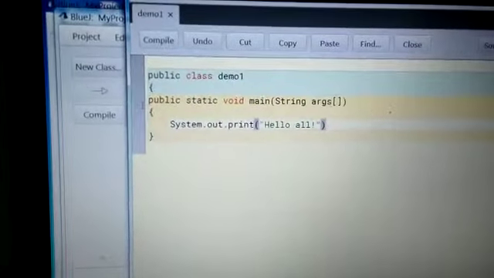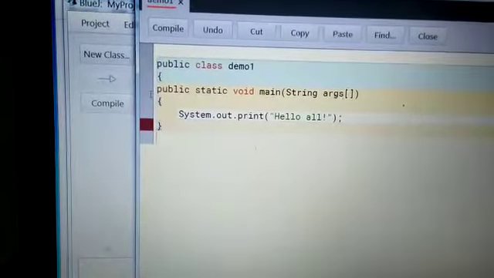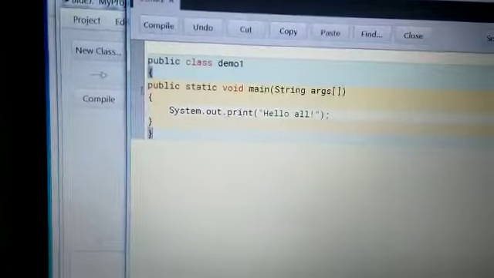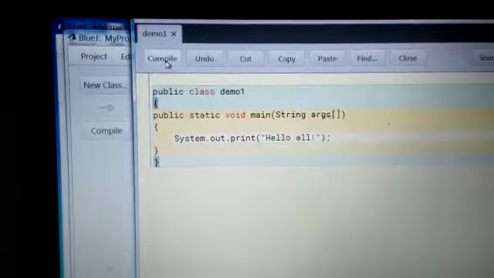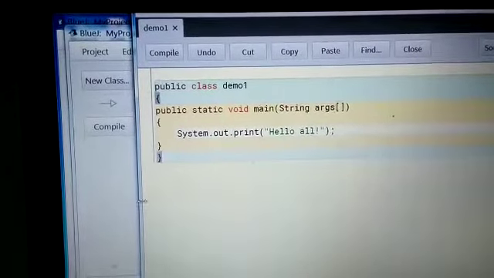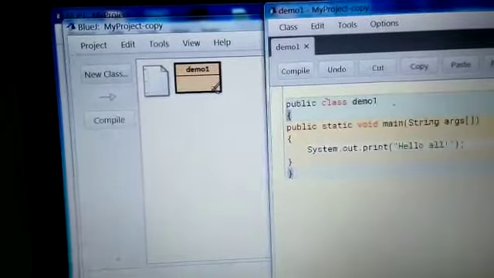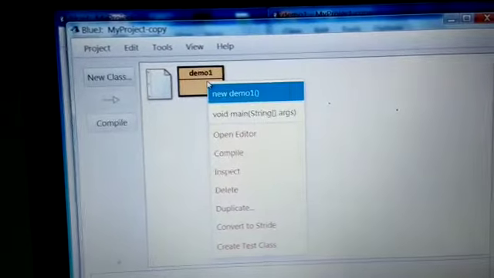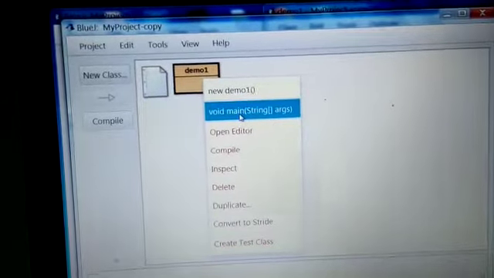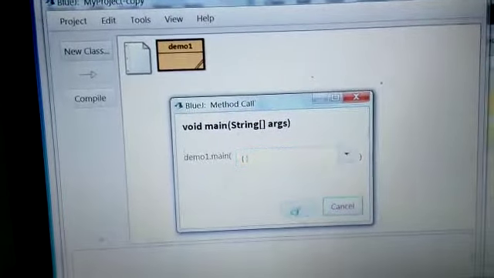So hello all. I'm breaking the monotony by using hello all. I'm not doing a different thing, but yes, definitely it is better than hello world. Okay, so what we have to do now, we need to compile it. As you can see, once we have compiled it, earlier we had seen lots of crosses over it, but now there are only two lines. That means it has now compiled. Now right click and then run the main function. So we have got this, click on OK. This is my output on the screen.